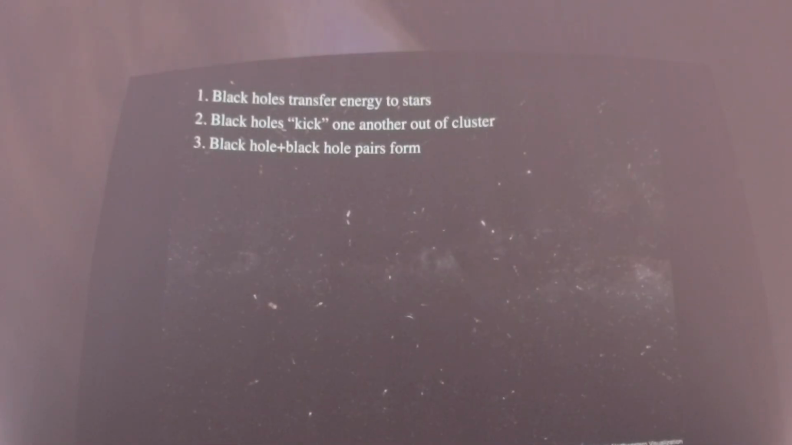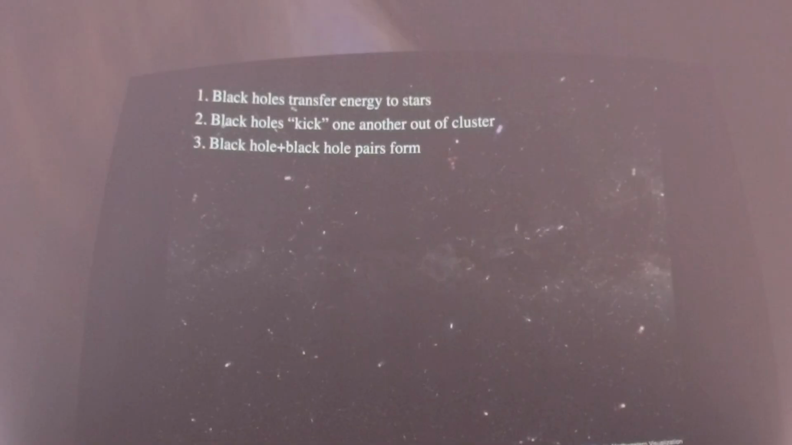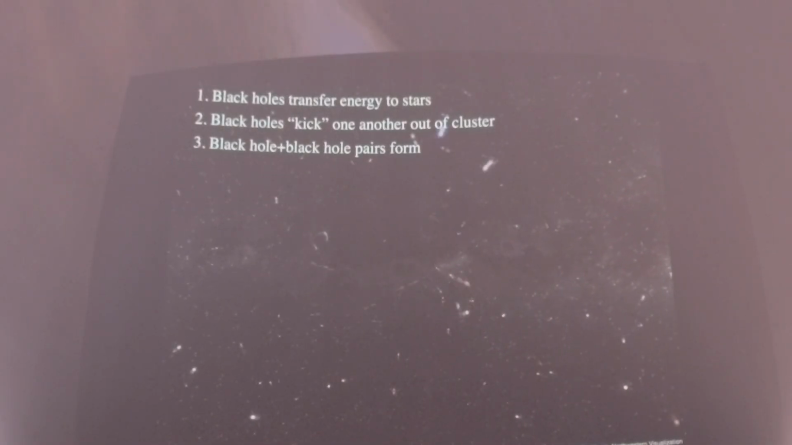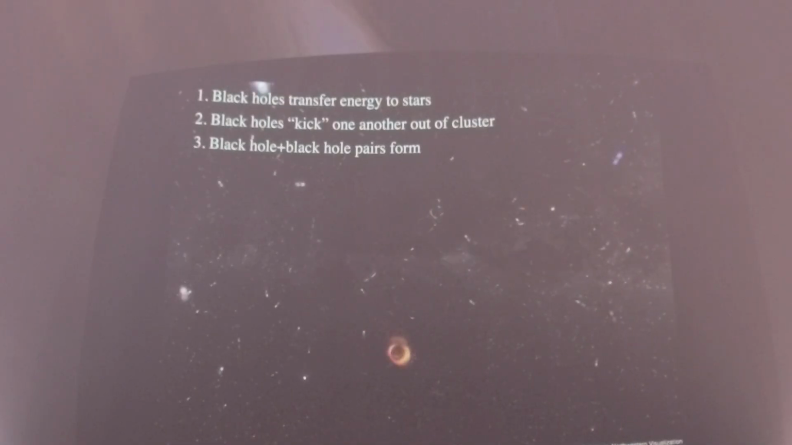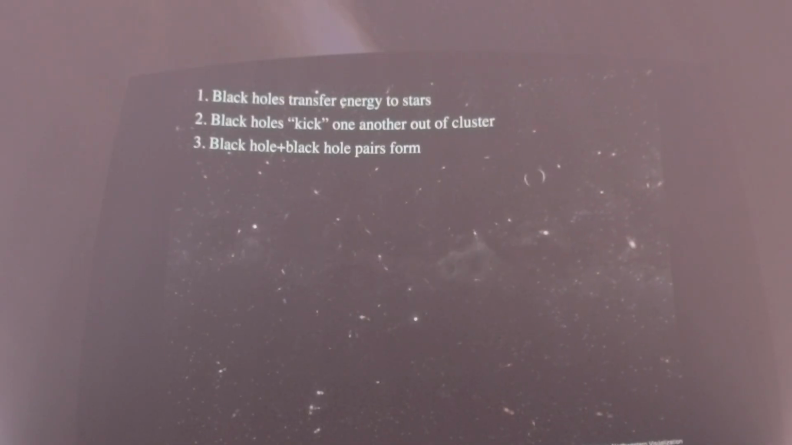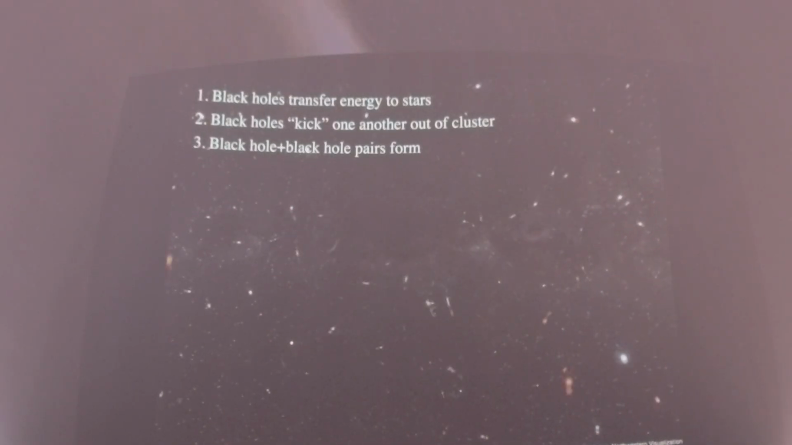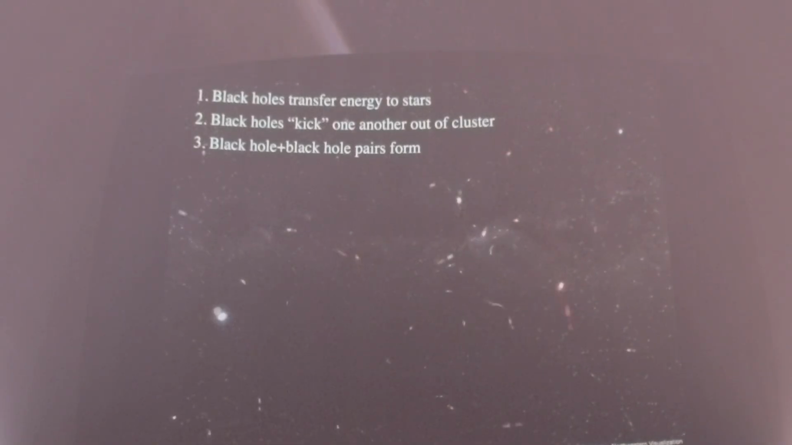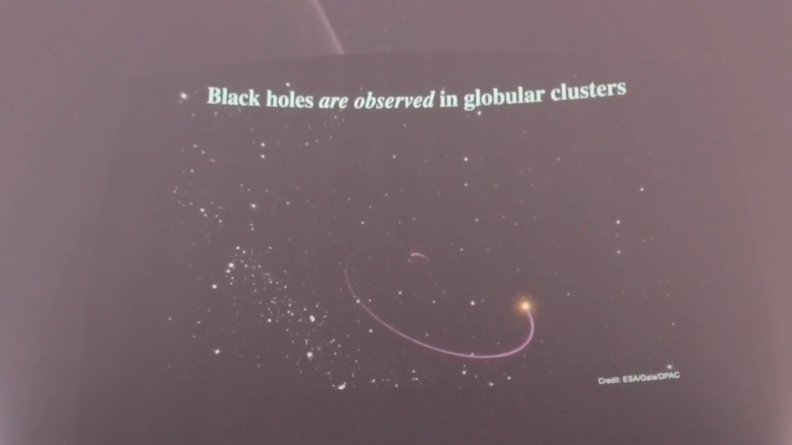And then the third thing you'll see occasionally is pairs of black holes form that are stable binary pairs. So I showed an illustration of a binary star a few slides ago. In clusters, because they're very dense, pairs of black holes can form binary black hole systems. We'll come back to these a little bit later. Okay, so